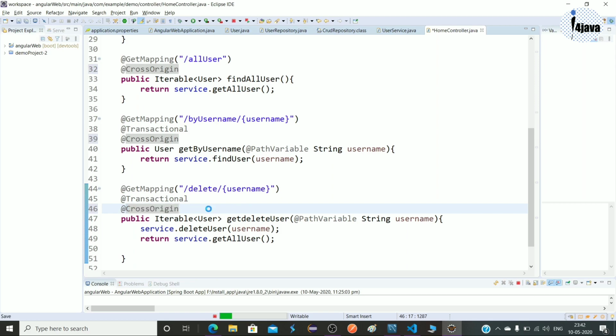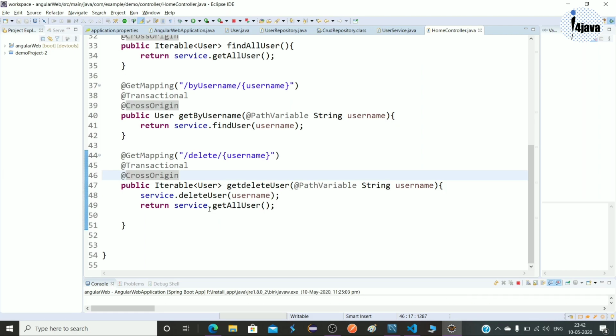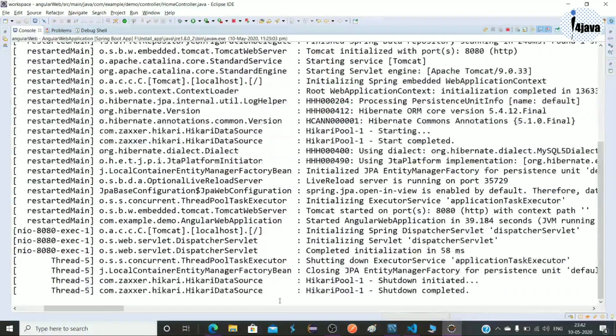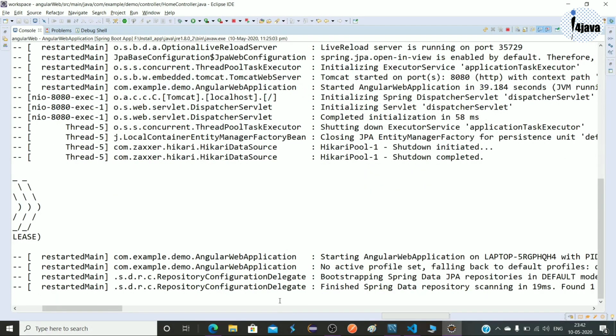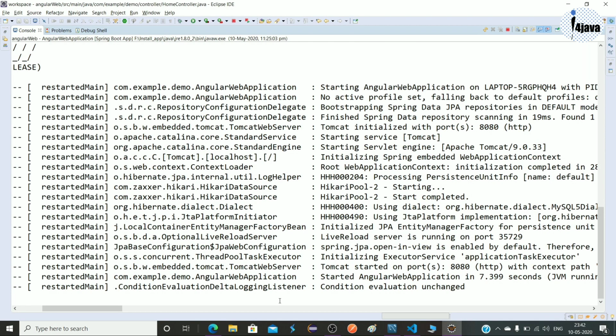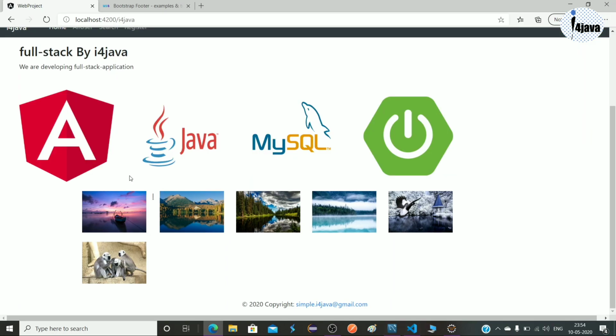So just write @CrossOrigin on every method, and after that run the server, because both servers should be up and running. Then only can we save the records and get a response from our API.